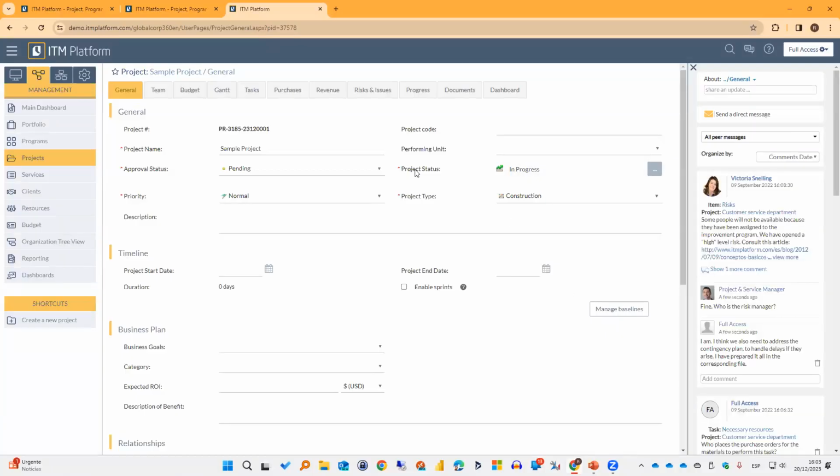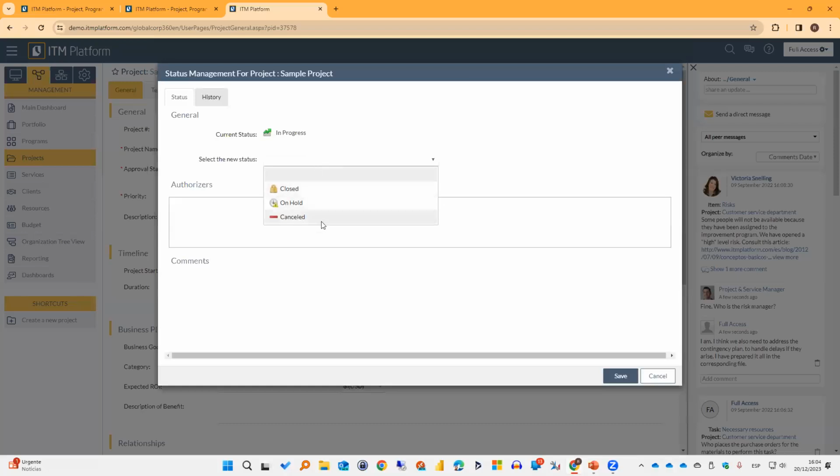All right. So as you can see, it says that the project status is in progress. It's kind of strange, isn't it? Because typically when I want to create a new project, it's because I'm going to start with it from zero, from nothing, from the beginning. So I would like ITM platform to respond to that. And later, when I'm progressing through this life cycle, I will simply need to click on that button and select what is the new status. Okay. So let's address that